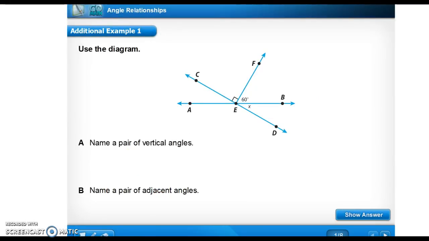So let's see if you can find a pair of vertical angles in this picture here. Hit pause and continue when ready. All right, in this picture here, it's a little bit tricky to pick out the two lines that are crossing, but I went ahead and outlined them in orange. So the vertical angles are these ones that are across from each other. It would be angle CEA and angle